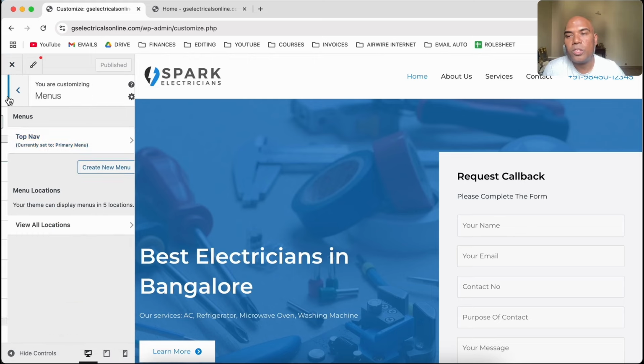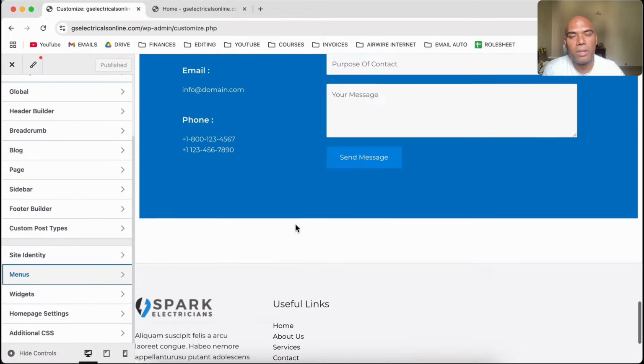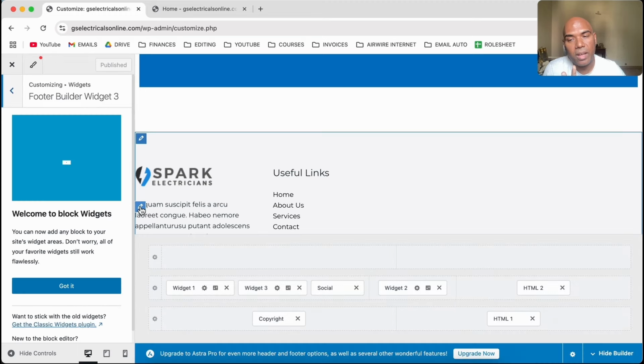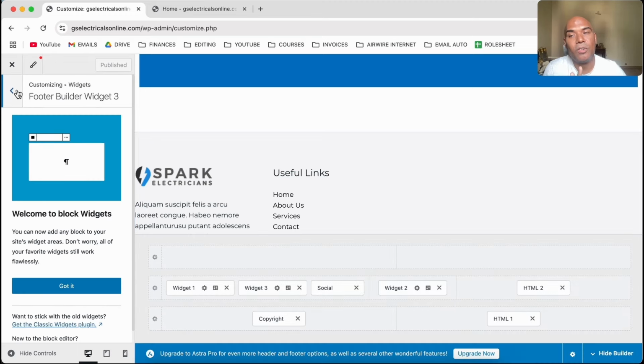What I want to also show you is the footer area. The footer is right here. We have a little text about the company, and then there are the links. That's fine. I like the links, but I want to change the text here. Again, I can click on the pencil icon, and it's going to take us to the footer builder like so. And then it's got the widget number 1. I'm going to click on there,